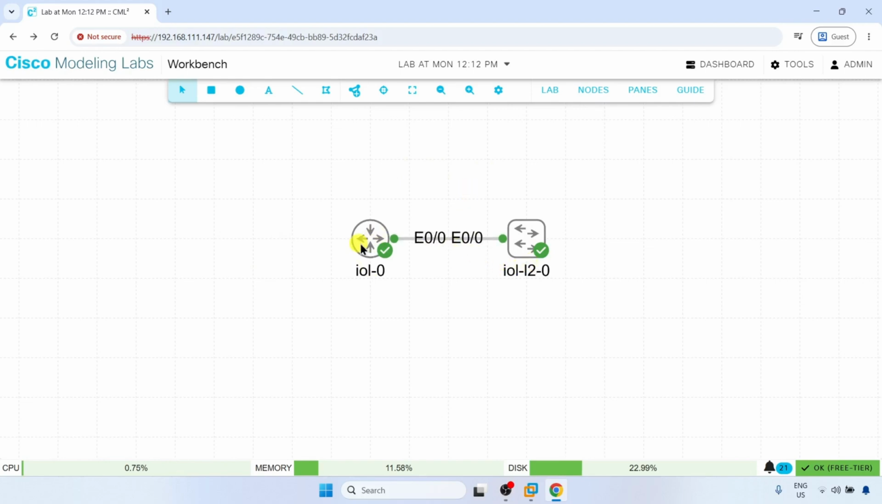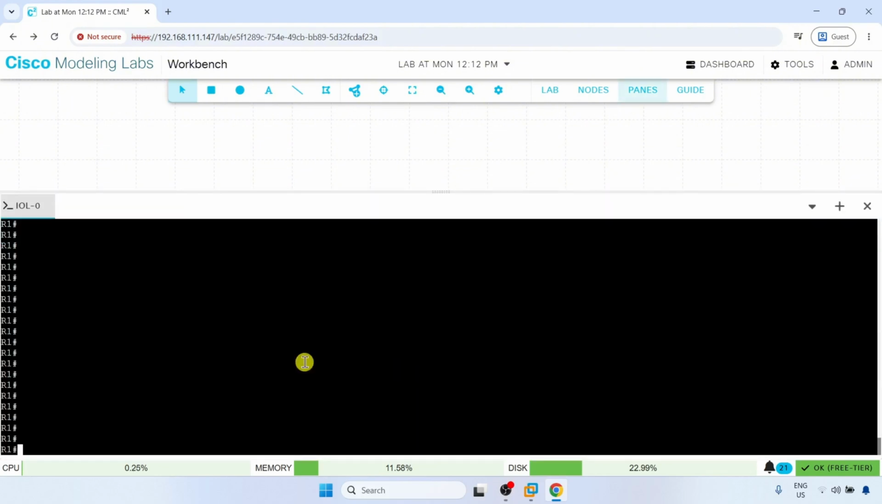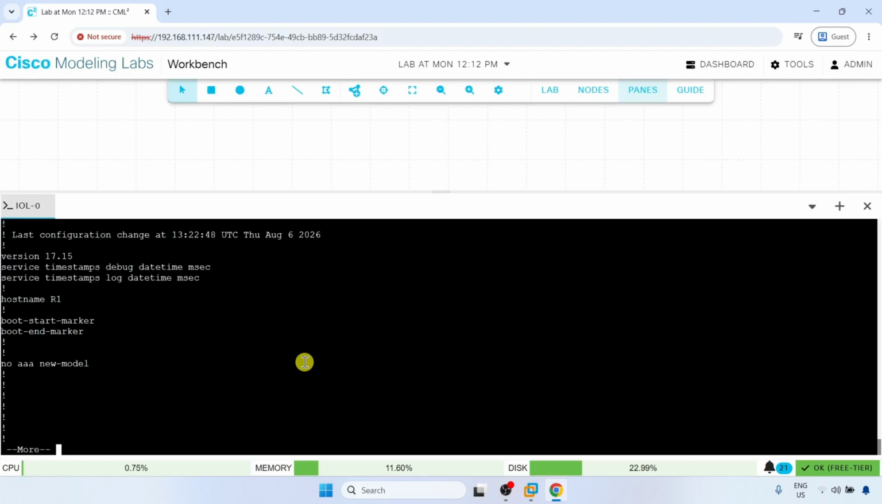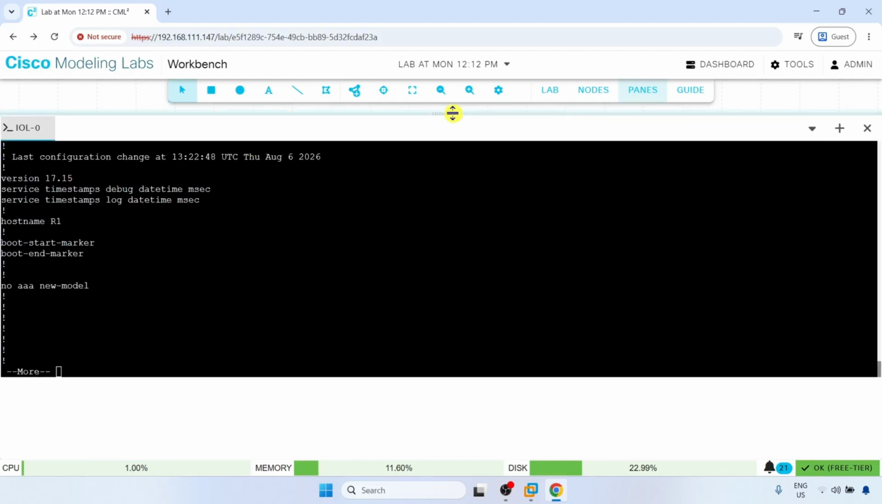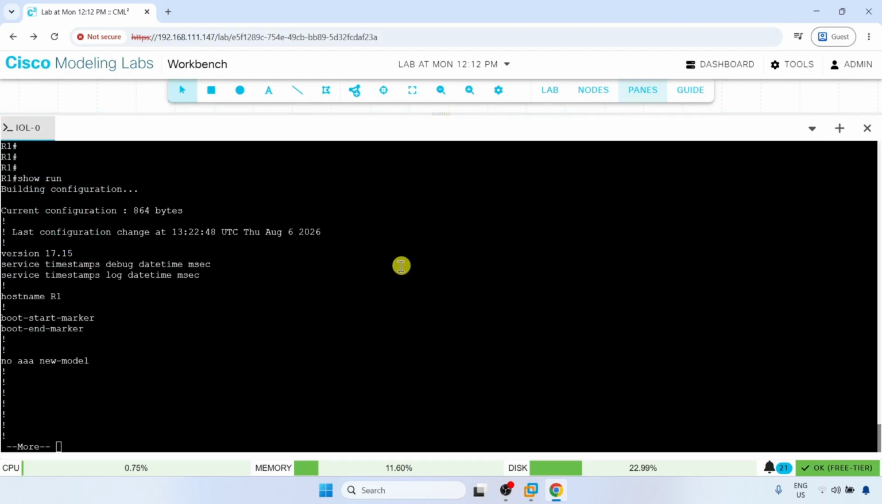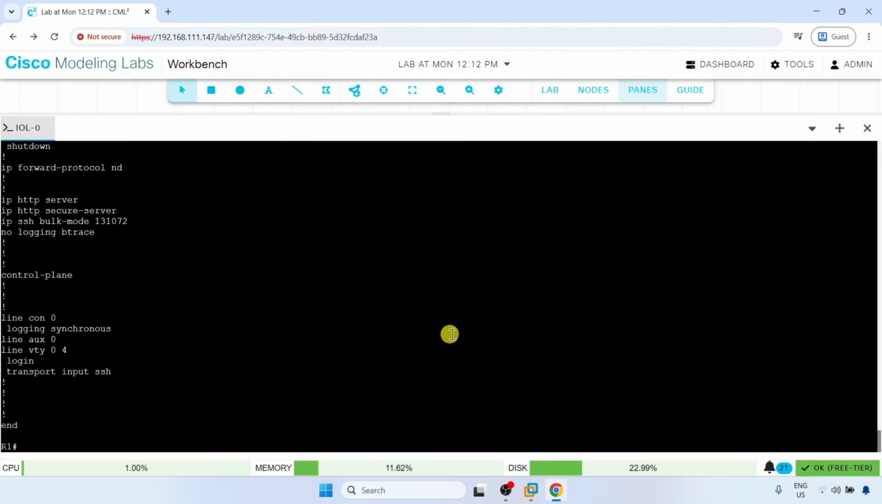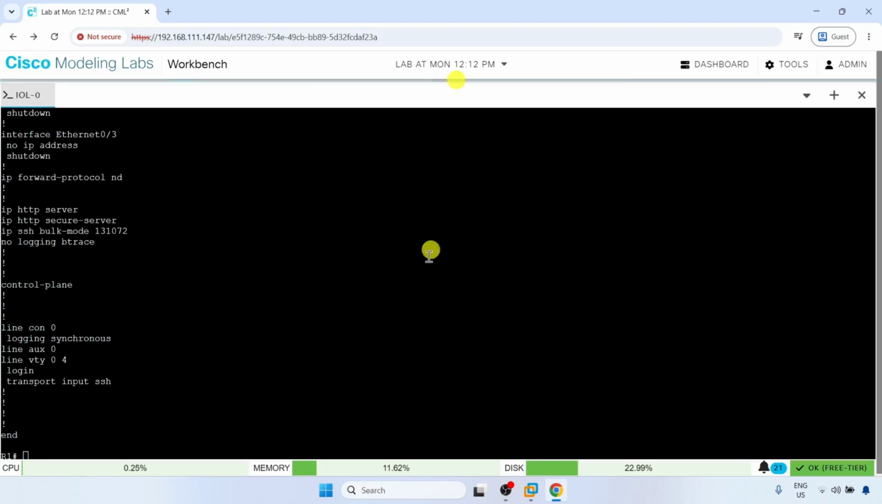So I'm going to connect to the router, right click on it, console. And when I say disable pagination, I'm talking about this. When I do show run, we see that the whole configuration is not shown, right? So it's not giving us the whole configuration. We have to press the spacebar. I can click the spacebar again, for more, and we need to press it a couple of times to see